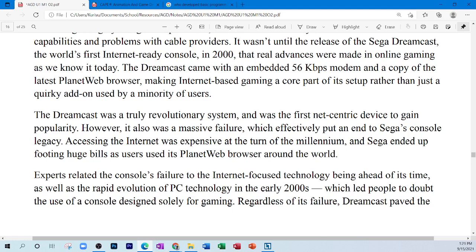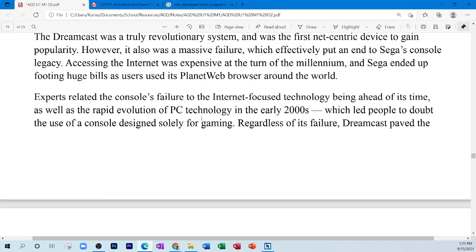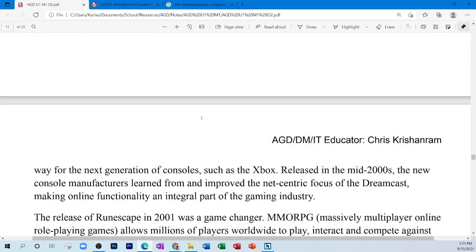Accessing the internet was expensive at the turn of the millennium, and Sega ended up footing huge bills as users used its Planet web browser around the world. Experts related the console's failure to the internet-focused technology being ahead of its time, as well as the rapid evolution of PC technology in the early 2000s, which led people to doubt the use of a console designed solely for gaming. Regardless of its failure, Dreamcast paved the